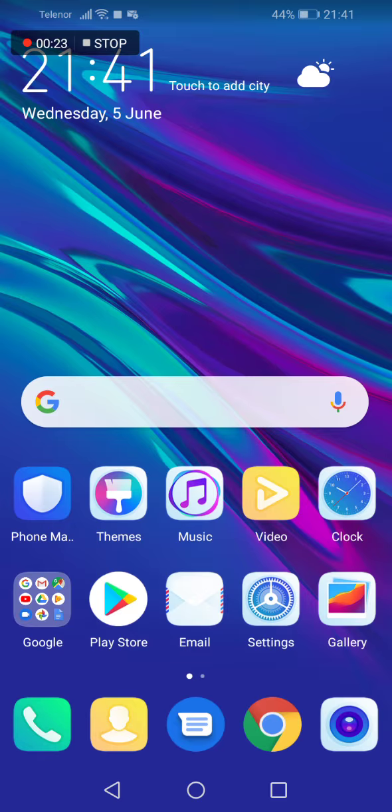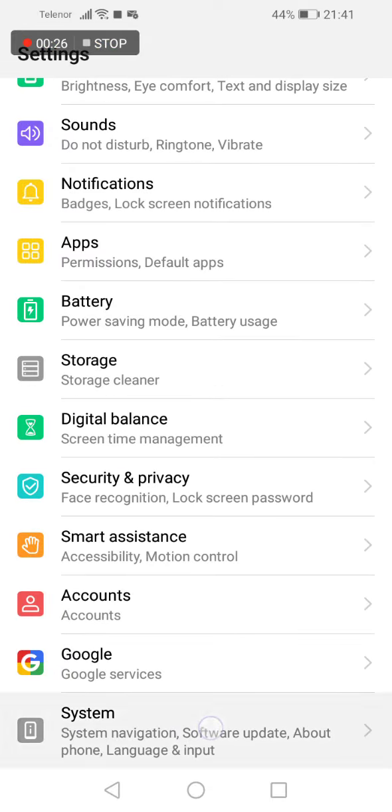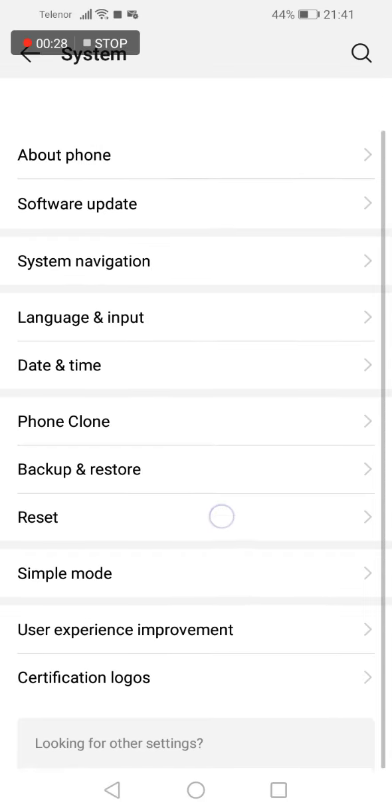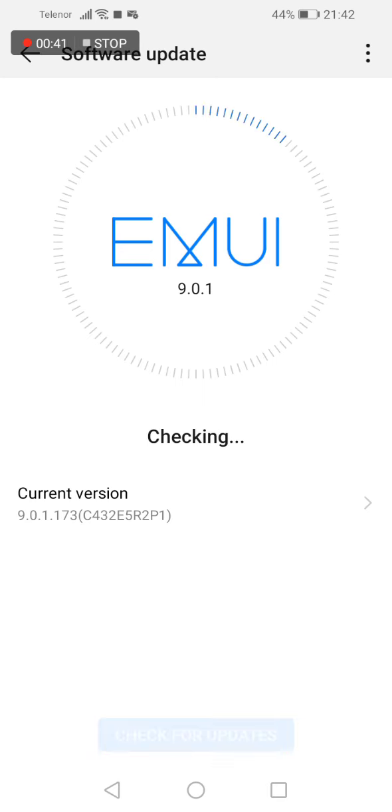So let's do it. Go to settings, scroll down until you see system. Now go to software update, and from here you can check for updates manually. Just press this blue check for updates